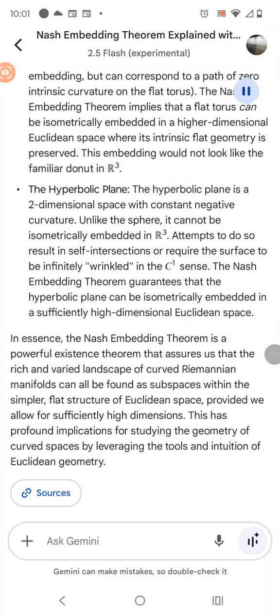The hyperbolic plane. The hyperbolic plane is a two-dimensional space with constant negative curvature. Unlike the sphere, it cannot be isometrically embedded in $\mathbb{R}^3$. Attempts to do so result in self-intersections or require the surface to be infinitely wrinkled in the $C^1$ sense. The Nash embedding theorem guarantees that the hyperbolic plane can be isometrically embedded in a sufficiently high-dimensional Euclidean space. In essence, the Nash embedding theorem is a powerful existence theorem that assures us that the rich and varied landscape of curved Riemannian manifolds can all be found as subspaces within the simpler, flat structure of Euclidean